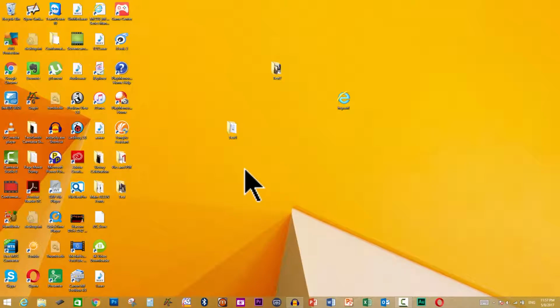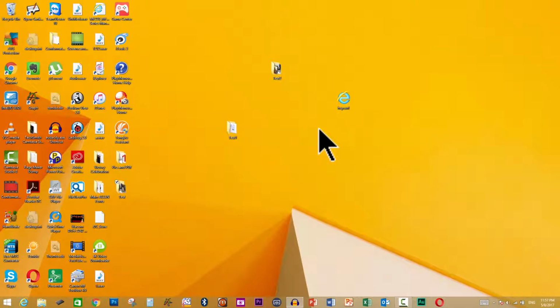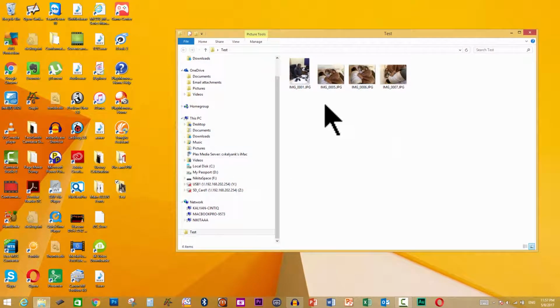Now what I've done is I've created a folder in my computer. Let me see. This is my test folder, and in my test folder, this is the folder that I'm going to sync. I've got 4 images. I kept only 4 because I wanted the sync to be fast so that you'll be able to notice everything. So there is image 1, image 5, image 6 and image 7. So 1, 5, 6, 7, that is the order in which the images are present.